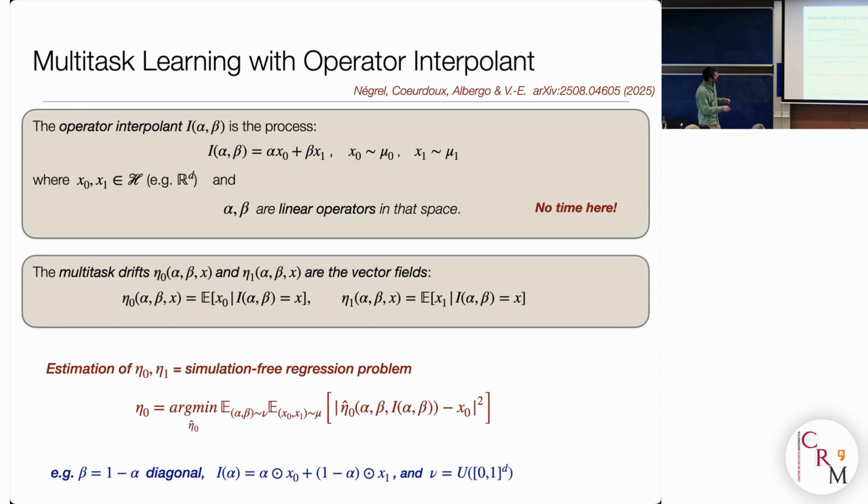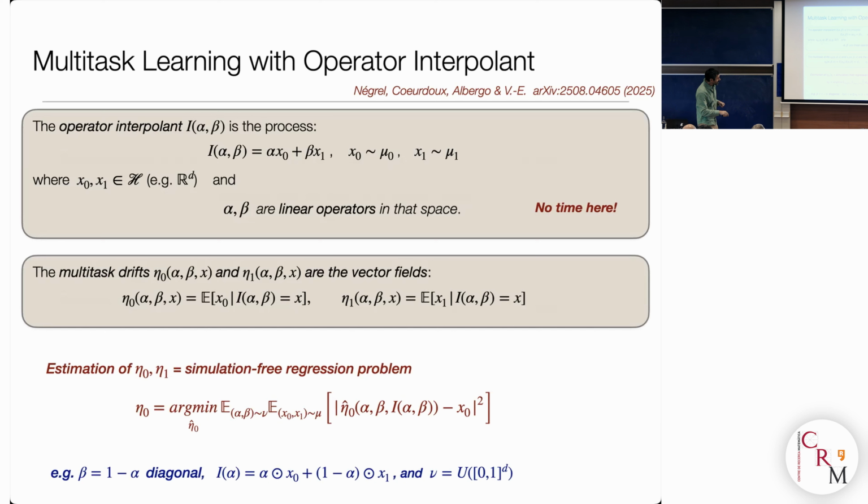Then you can represent these products like an Adamar product. So vector, I represent alpha here as the diagonal, right? So this is component-wise multiplication of these two vectors. And if you do this, this means that this is an interpolation where you can go from noise to data component by component, independently, in any order that you want, okay?